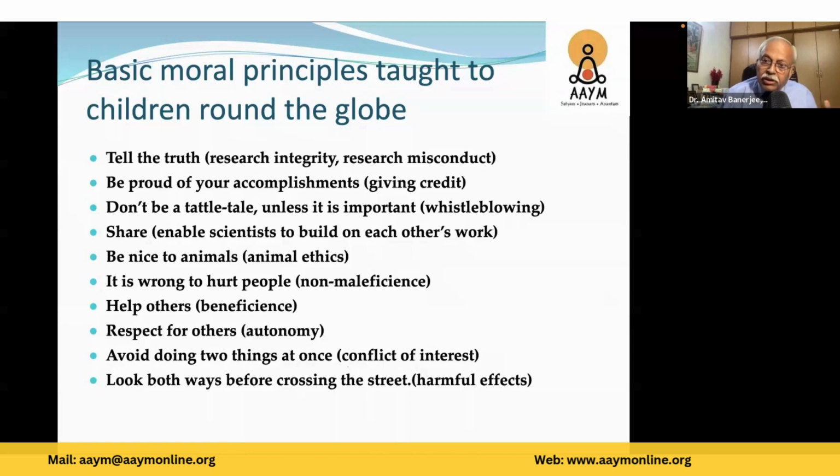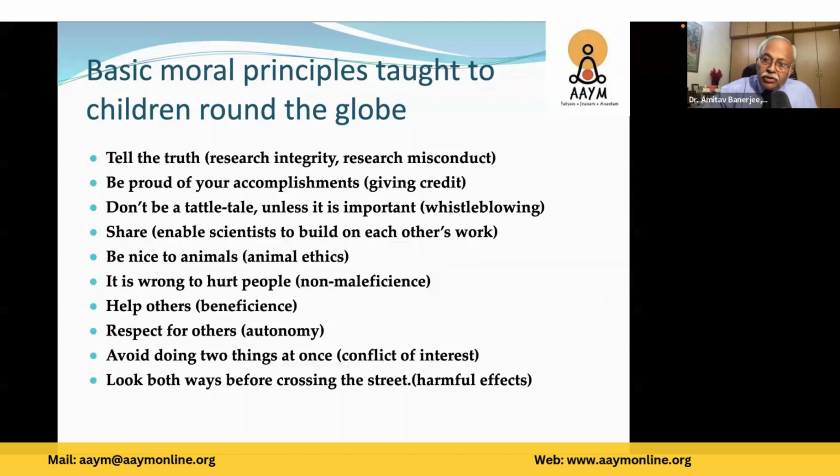Every intervention has some risk and every intervention has some benefit. So if the benefit is much more than the risk, then only you should do the research. Otherwise, it is not ethical to do that research. So you see, as I was saying, all the principles, even in the guidelines we will be talking about, the ICMR guidelines, then the World Medical Assembly guidelines, the Helsinki Declaration. So all these guidelines are there.